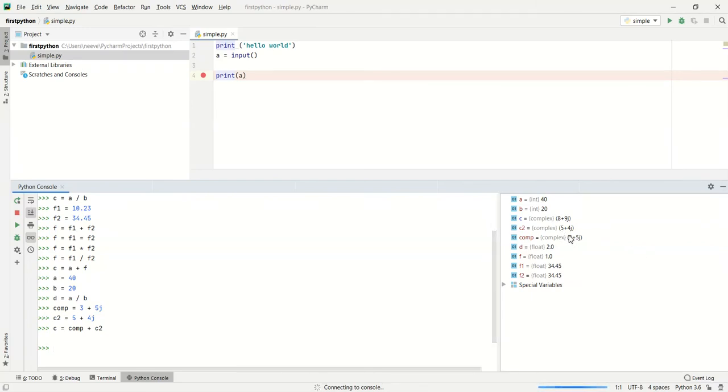The real components are added, 5 plus 3 is 8, and imaginary components 4 plus 5 is 9j, and the respective complex variable is created.